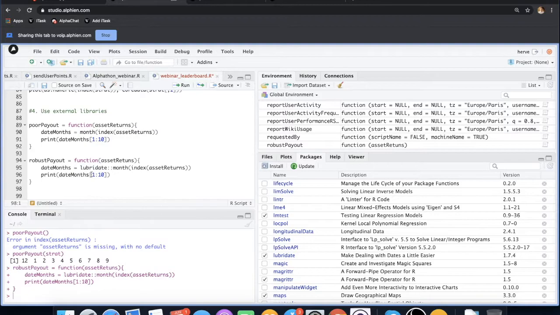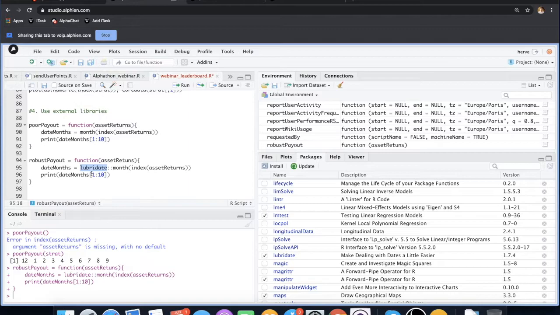And now we know that the month function is always going to be from Lubridate, and there is no possibility to use another function which is not the correct one, and that makes your payout more robust. So this is about it for robustness.